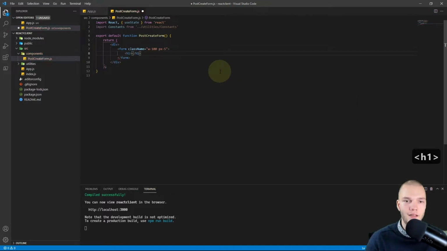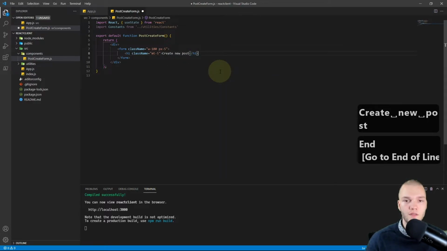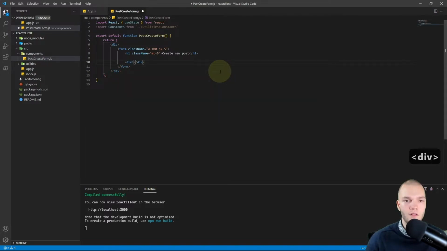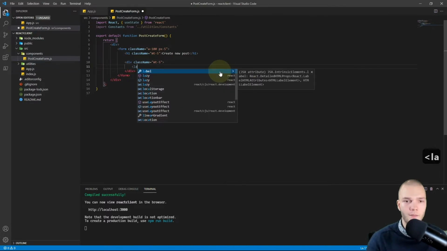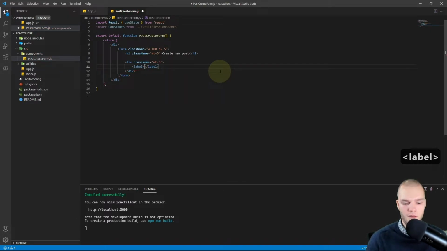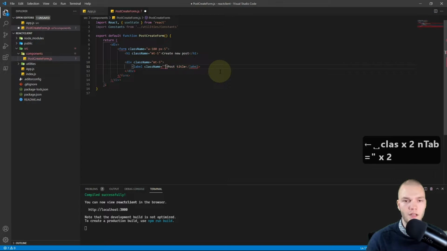And I'll add a heading 1 and give that a class name of margin top 5. And I'll just name it create new post. Then I want to do a div that will contain the input for the post title. And I'll give that a class name of margin top 5 2, and I'm gonna give it a label. And for the text I'll do post title, and for the class name I'll just do h3 and form dash label.